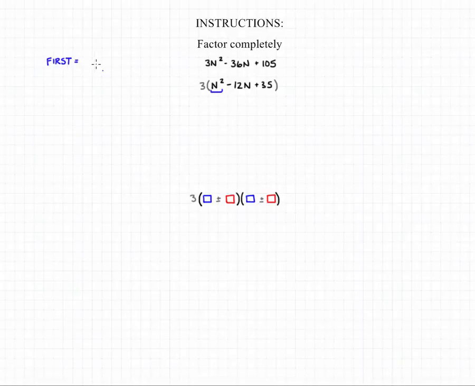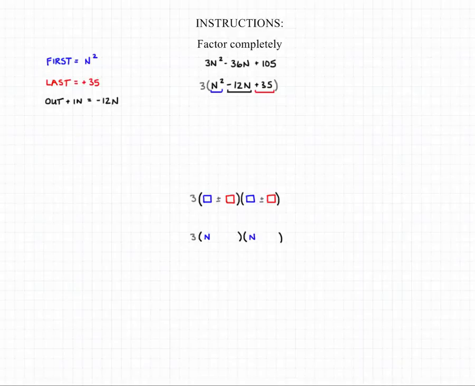We know that we need our first two terms to multiply to equal n squared. We know that our last two terms are going to have to multiply to give us a positive 35. And we know that our inside and outside terms are going to have to add to give us negative 12. So we're looking for two numbers that multiply to give a positive 35 and add together to give us negative 12n. Now we need to be careful to keep the 3 that we factored out before as part of our